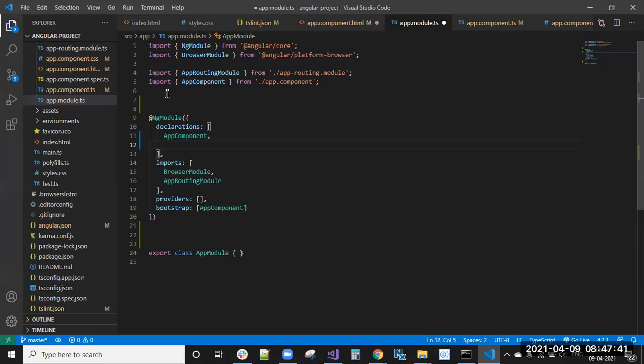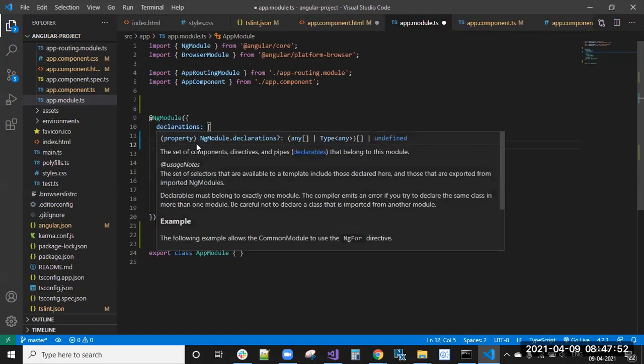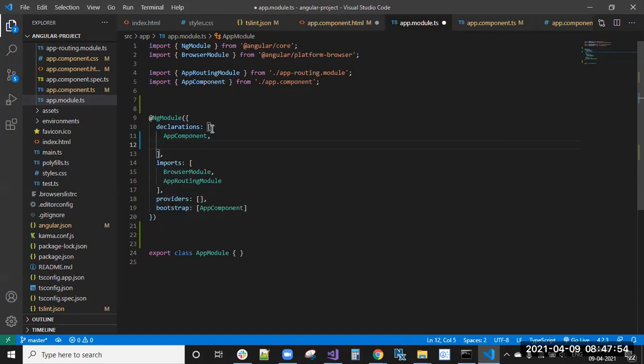If you create another component, like a student component, you import it and give the reference here. So declarations is nothing but the components written inside that module, which we need to declare here.